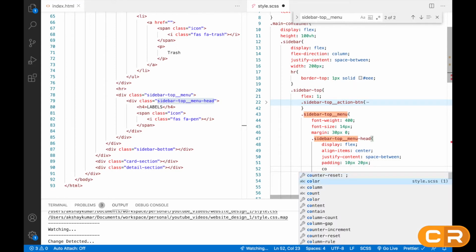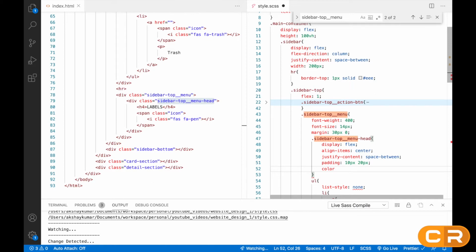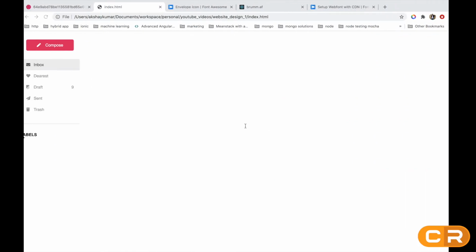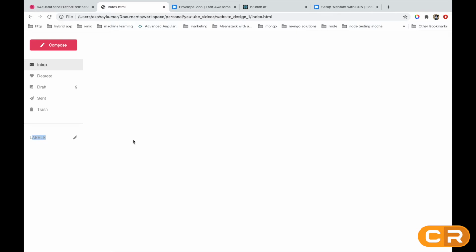We'll give the color #999, like this. And for h4 we'll give the font weight 400, like this. Okay, so this is working fine.